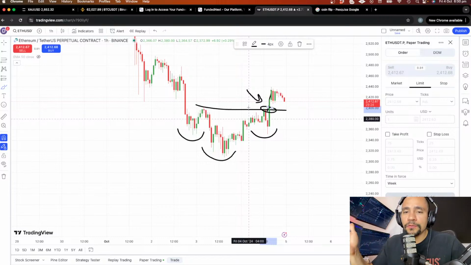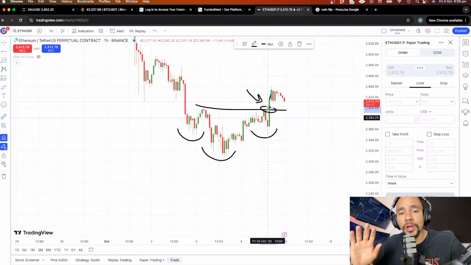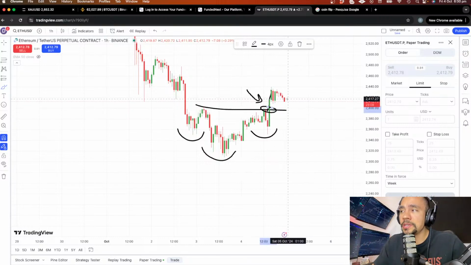And this is the sort of trade that I call you are the casino, because you have a much higher chance of winning on that trade than losing. And these are the type of trades you want to take. These are the type of strategies you want to have, so that when you see a trade like this, you can bet and you can buy and basically make money on that move up.